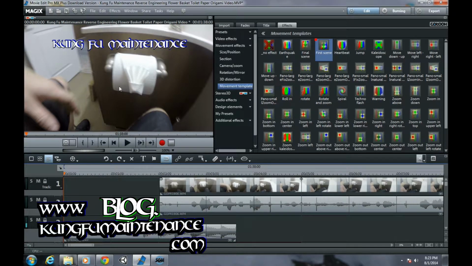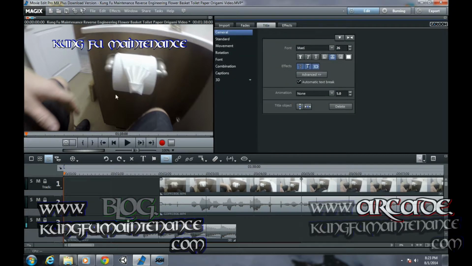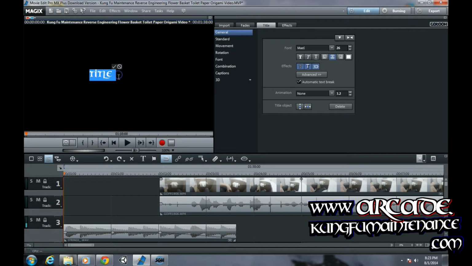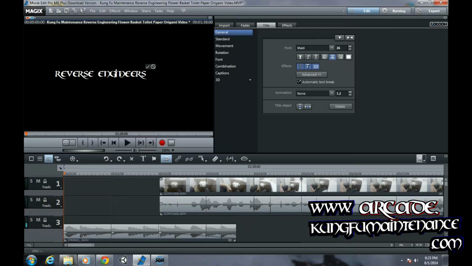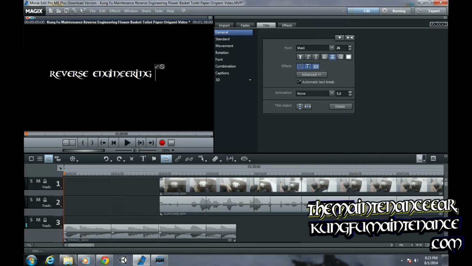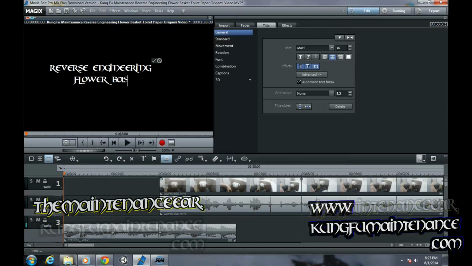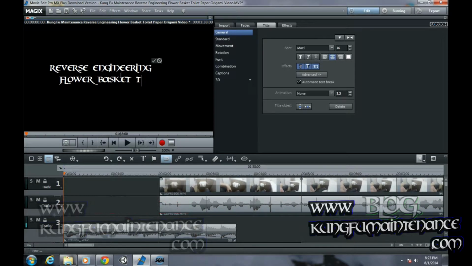Okay. So now I can add my second title, which I'm going to put right here. Second portion of the title. This allows to give a couple different colors as well as possibly give a different effect. So reverse engineering, flower basket, toilet paper,